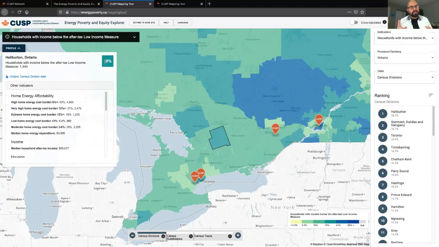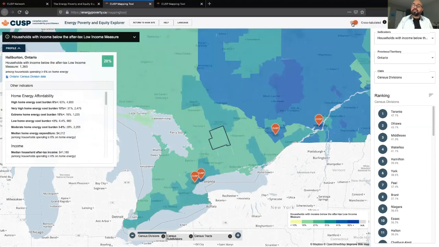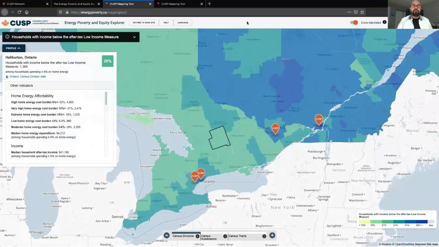Now, you might be curious, right? You might be wondering how many households actually experience energy poverty. This is the magic button here. If you click on that, it is now cross-tabbed with energy poverty. So what this is telling me is that 1,365 houses in Haliburton experience energy poverty and are in low income.